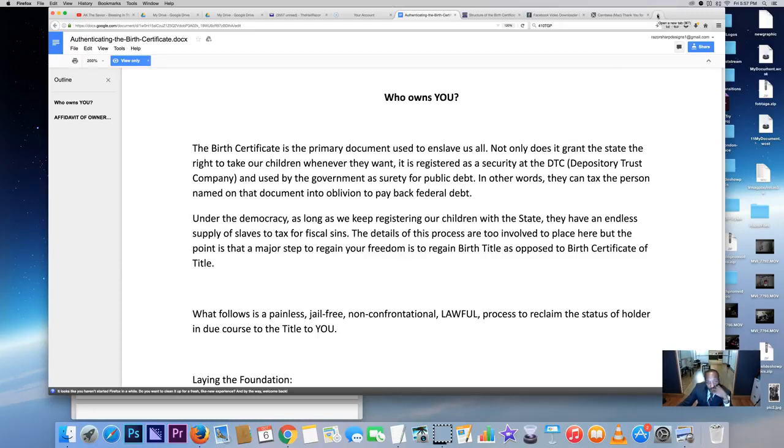You're gonna go to the Secretary of State, the full service Secretary of State. I say full service because all Secretary of States are not full service. You'll know if it's a full service Secretary of State if you go there and you ask them to direct you to the index department. If they don't have an index department, that's not a full service Secretary of State. Now, once you find your full service Secretary of State, you're gonna go to the index department and you're gonna